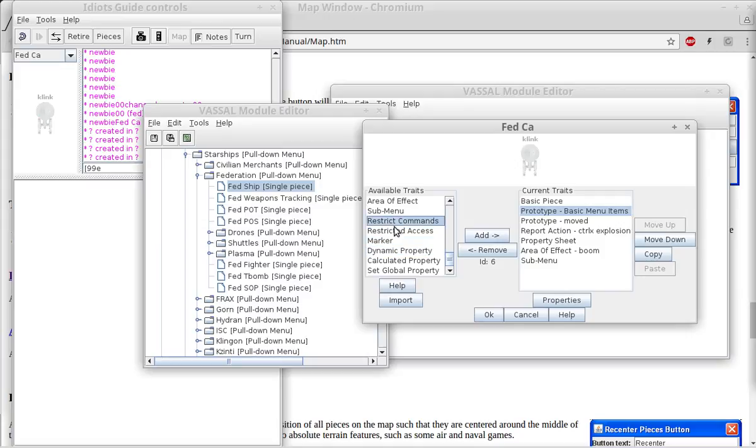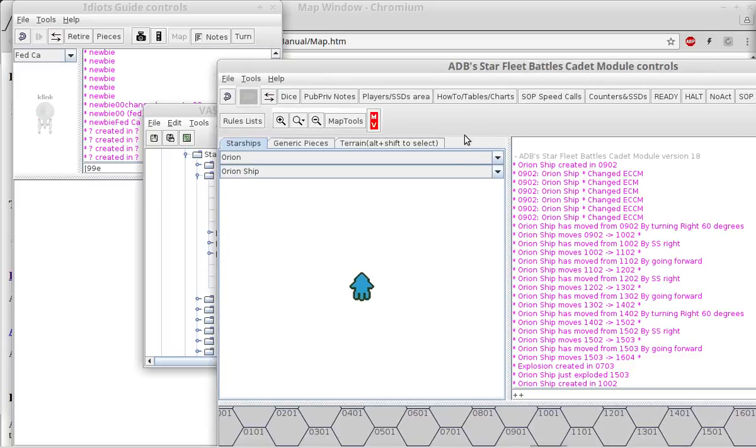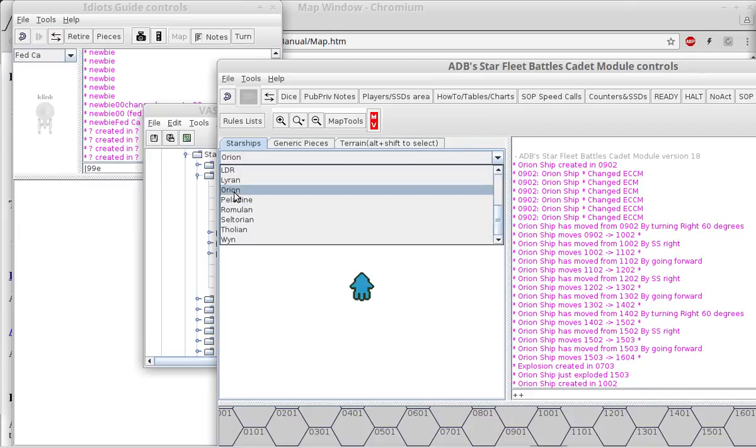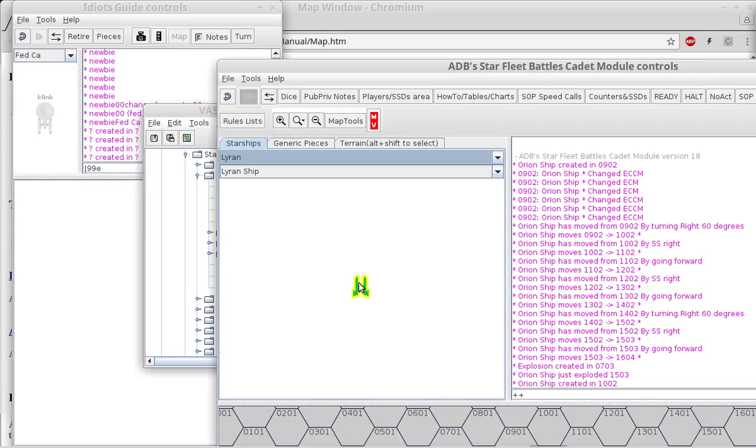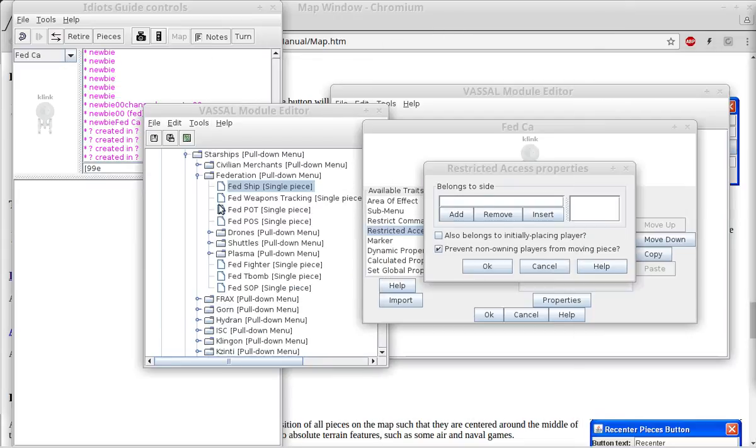So, restricted commands and restricted access. Well, restricted access is a way of restricting who can touch and move and do things to a counter. So, you can set your sides and restrict counters specifically to that side. So, in my Starfleet Battles game, I'm currently set up as the Orion player, so if I change this from Orion to Lyran counters, and if I try and grab the Lyran counter and move it to the map, it does nothing because I am not a Lyran player, because I have a restriction on my pieces